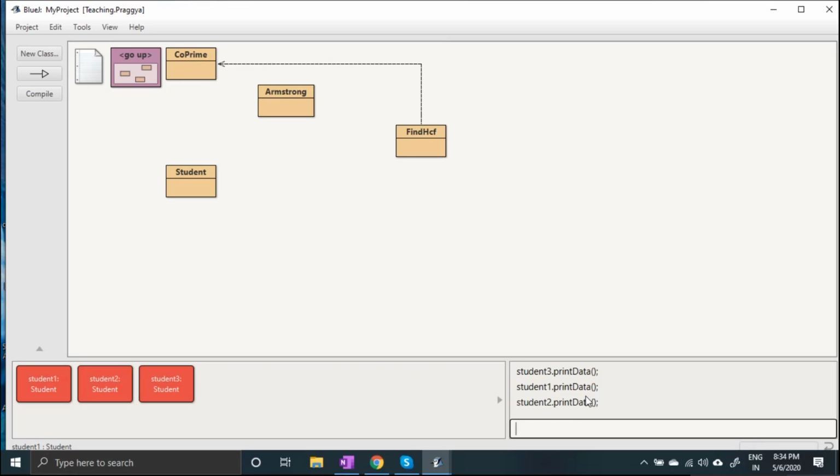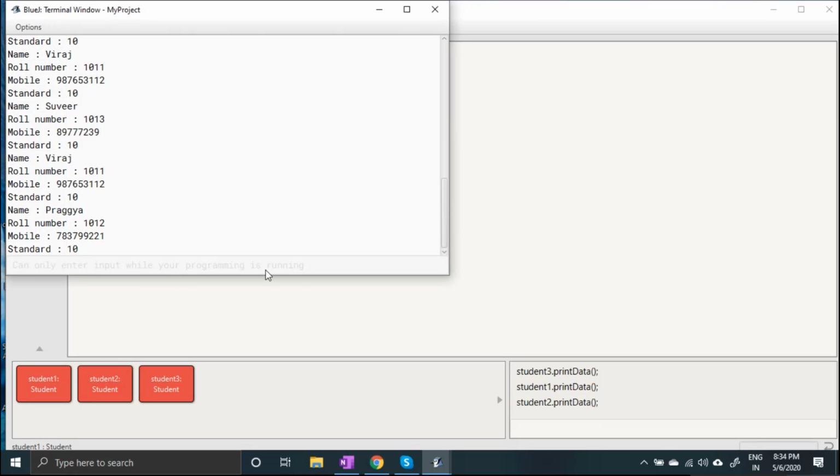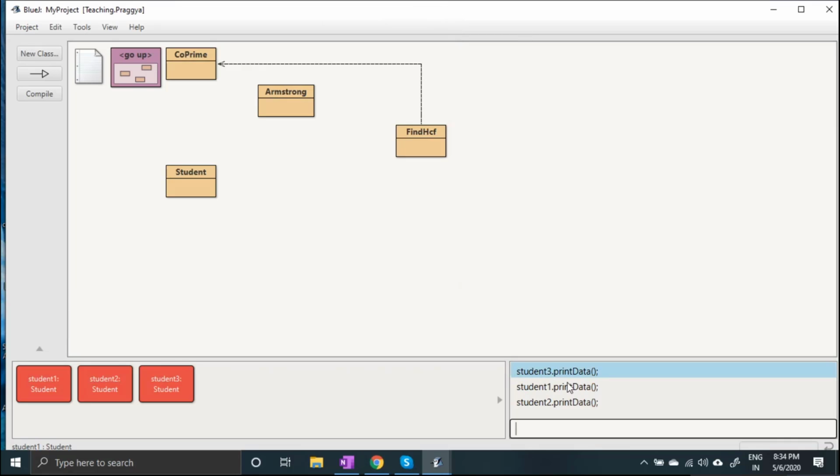The name is Pragya, roll number is 1012, mobile number is this, and standard is 10. So student 2 data is printed in this way. Here this is very important, which we are going to use.